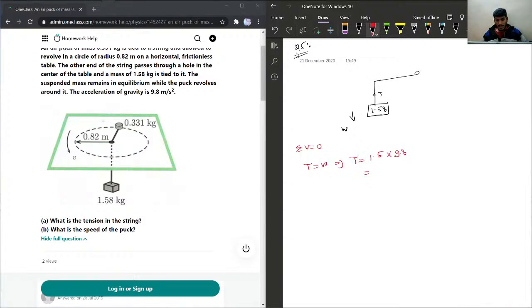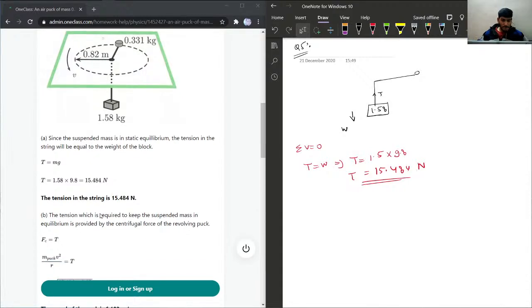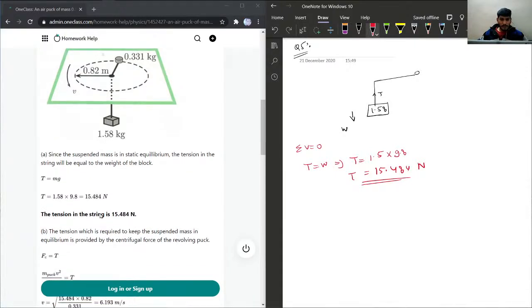1.58 into 9.8. This will be 15.484 newtons. So let's check this part. 15.484 Newton. Okay, correct. Now for the B part,